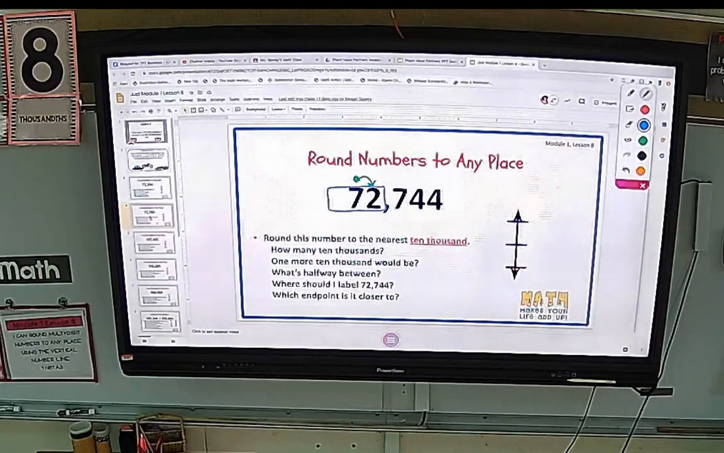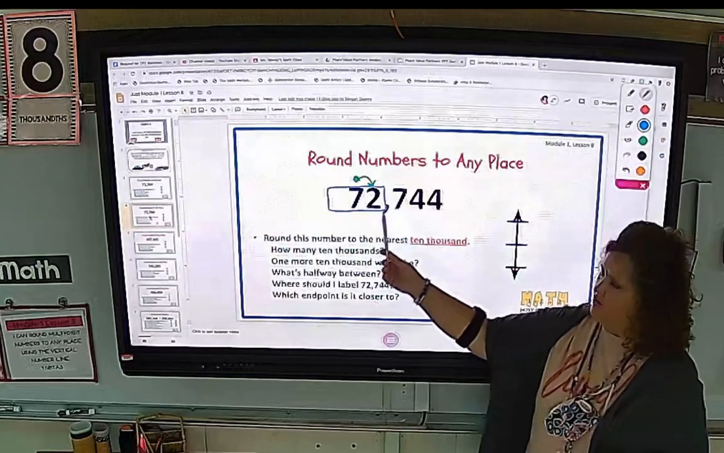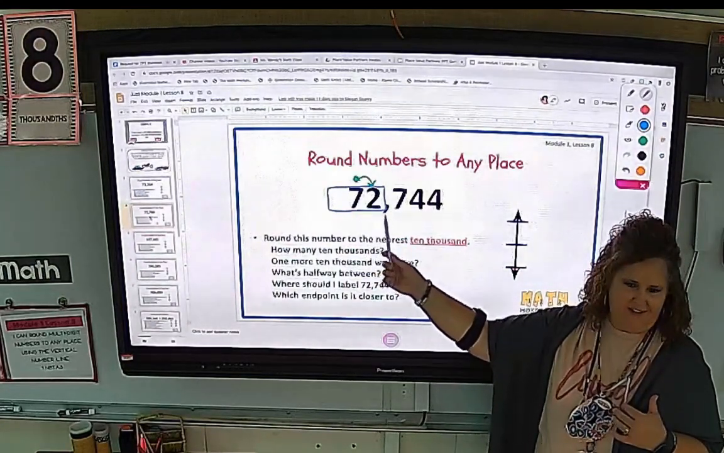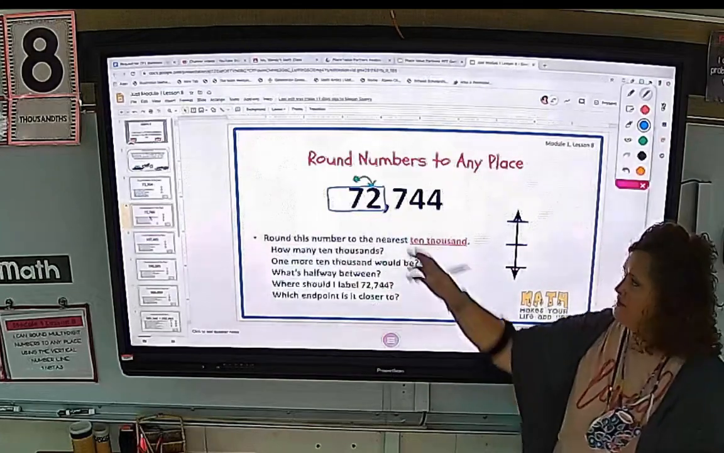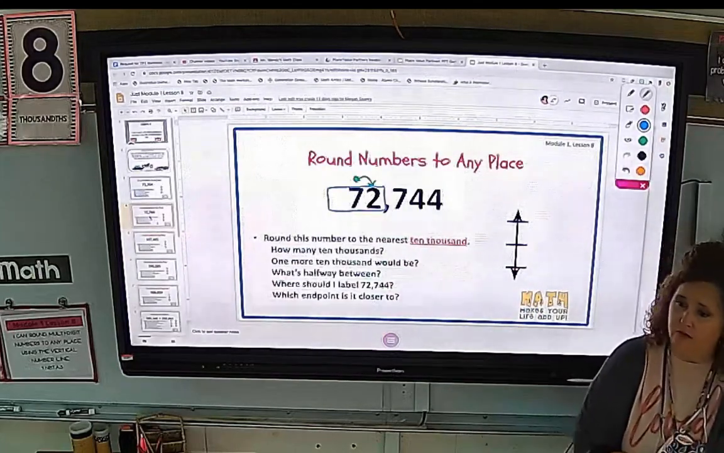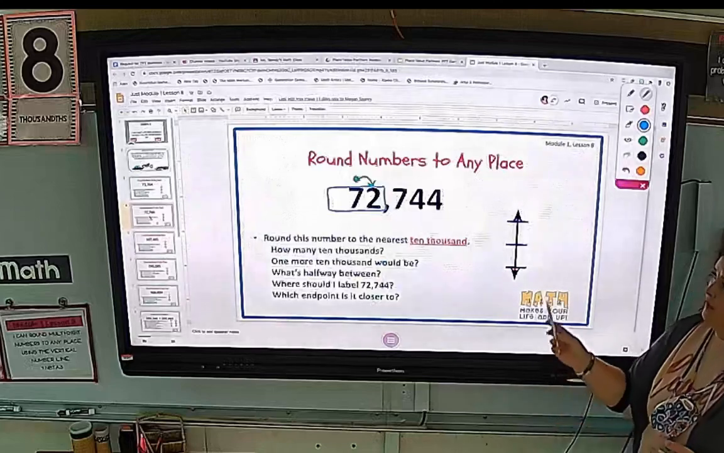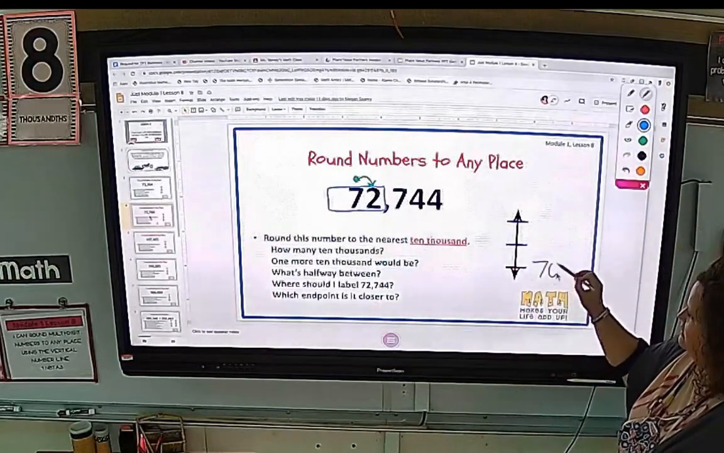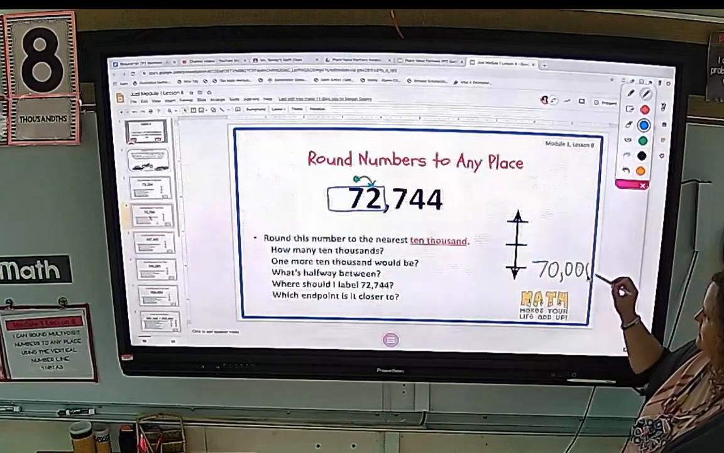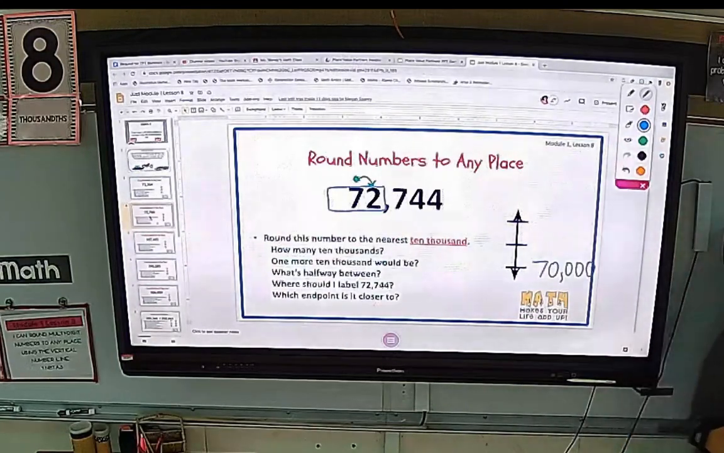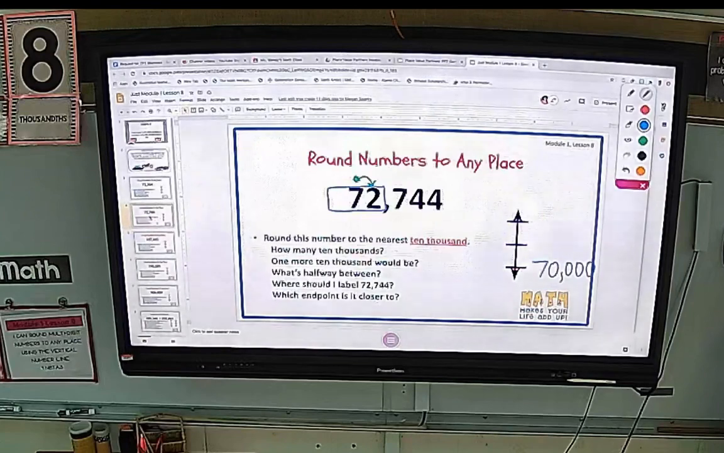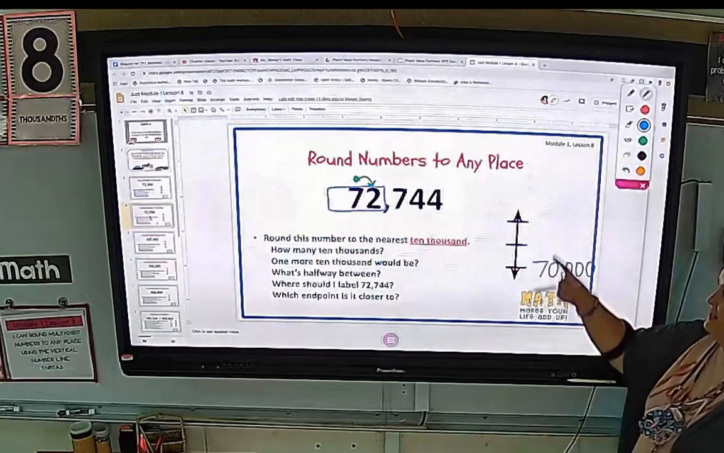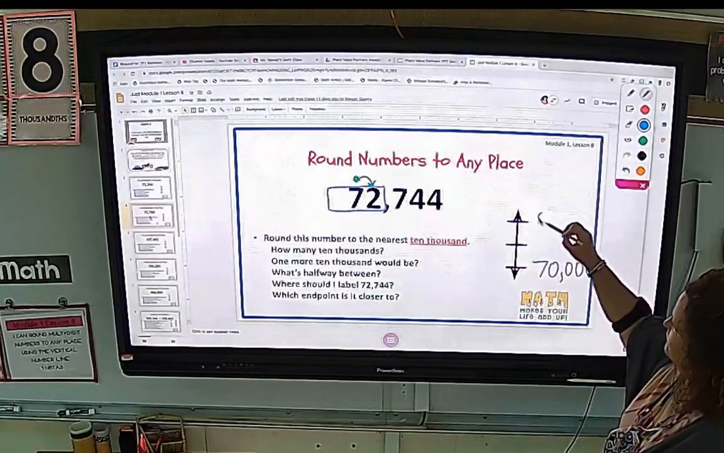How many? 7. So as much as the 2 might like to be a part of that, the 2,000 part is too small. It's not another group of 10. So how many groups of 10,000 do we have? 7. It's 70,000. Okay, and that is a little confusing. So one more 10,000 would be